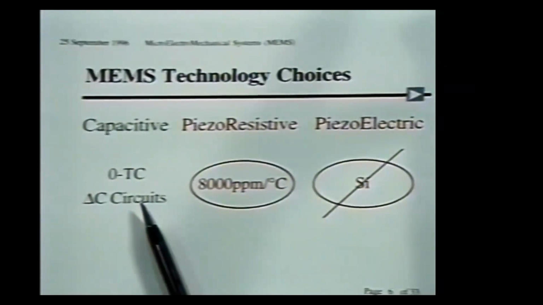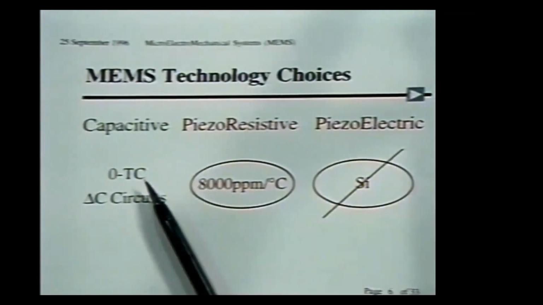Capacitor is inherently zero TC. First order, the dielectric constant of air or nitrogen, which is in most packages, varies by only 0.1% over a 200 degree C temperature range. So the fact that there was no temperature dependence was a very strong motivating factor for us to choose